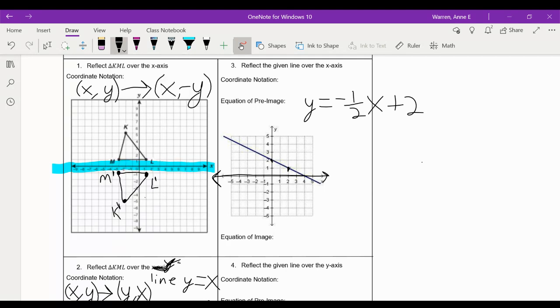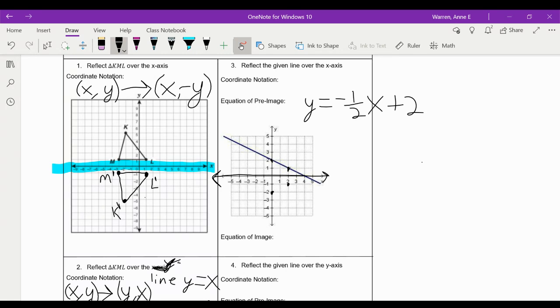And then when I do that, right, (0, 2) is going to become (0, -2). It's going to be just as far on the opposite side of the x-axis. And my other point, (2, 1), is going to become (2, -1), right? Again, just reflecting it over the x-axis. And then from there, I can use the slope to find all the other points that are going to be